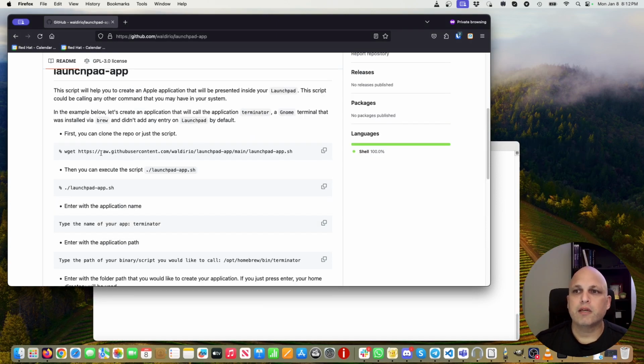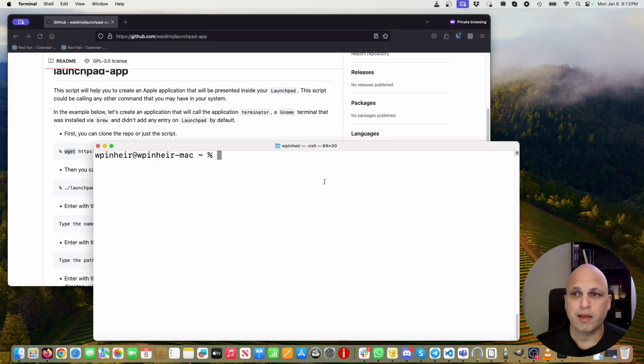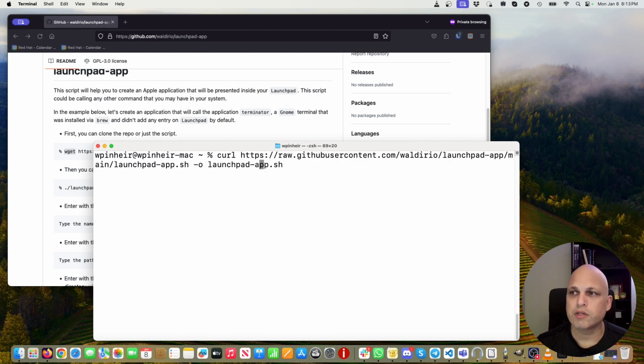On this page you can see we can copy the script using wget. However, if you do not have wget on your Mac, you can use curl. On my machine I don't have wget yet, so by default you probably don't have it either. One thing that you can do is use curl.